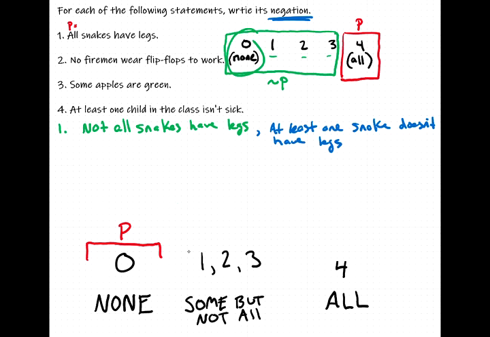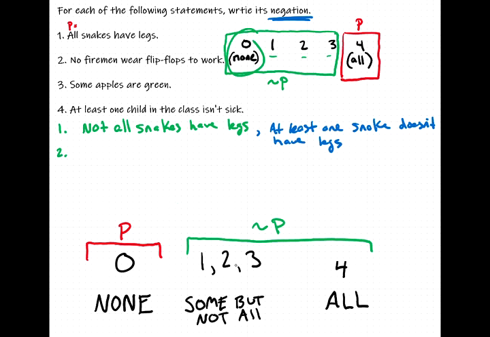And so the negation of our statement has to account for the some but not all, or the part of the whole, and the whole. So how do we say this part in green? Well, let's see. We could say,